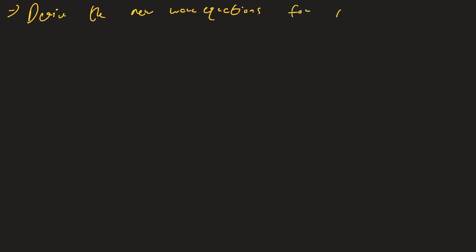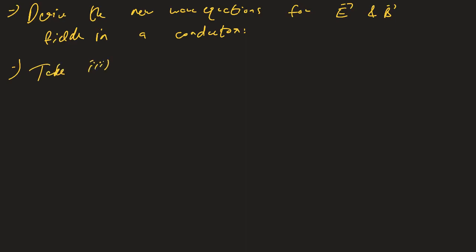for electric and magnetic fields in a conductor. Now the starting point will be the same. So you take your third Maxwell equation, which is just that del cross E is minus partial B by partial t, and what you do to that is that you take the curl. So just like we did before,